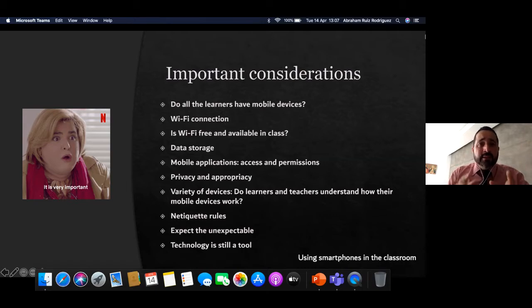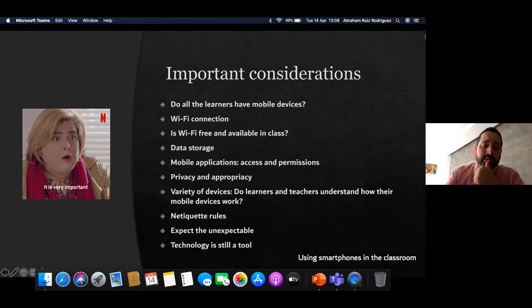So you have to take that into consideration, right? If the students are going to use a certain app, is that app available for all of the software? For example, some of the apps are only available on iOS, and some of them are not on Android, and vice versa.